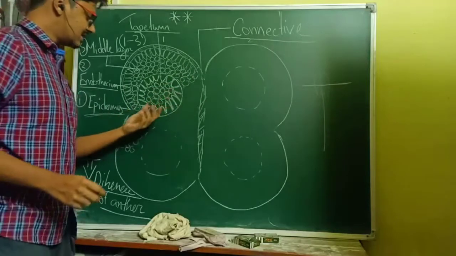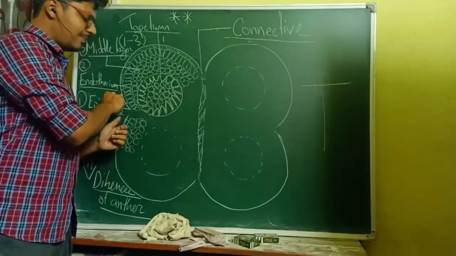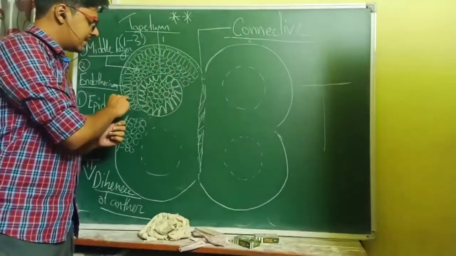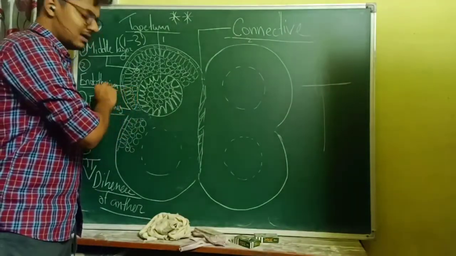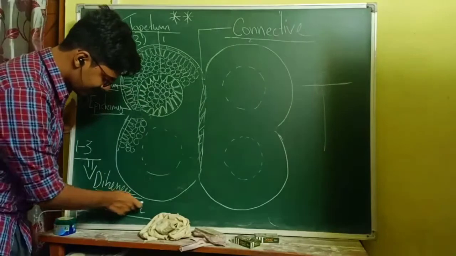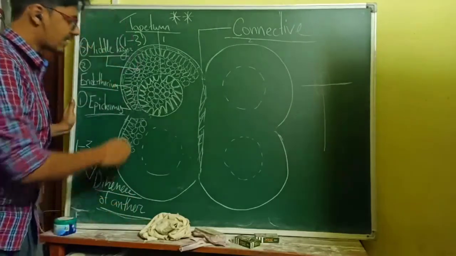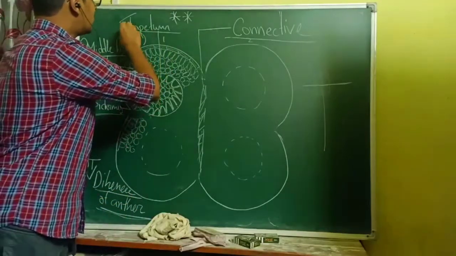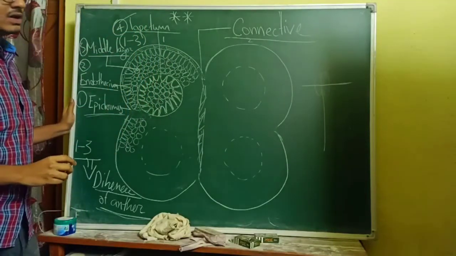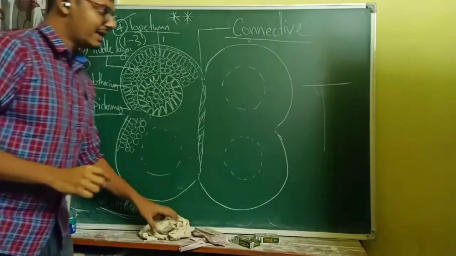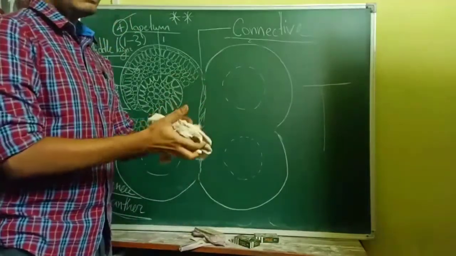So, the 3 layers of cells from the outside: epidermis, the protective layer; after that, endothelium, radially arranged cells; then the middle layer. The function of these three is dehiscence of anther. The fourth layer is our tapetum. It is the most important layer, and it has more of the important functions.